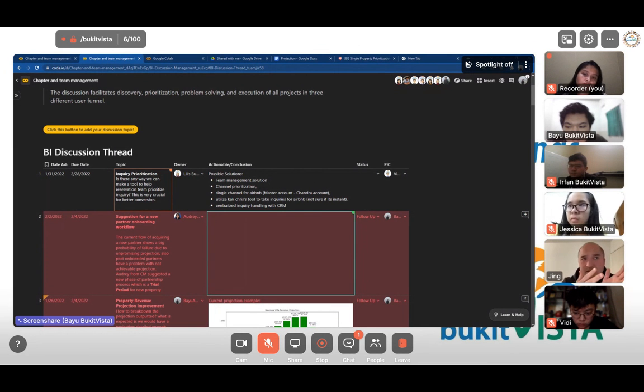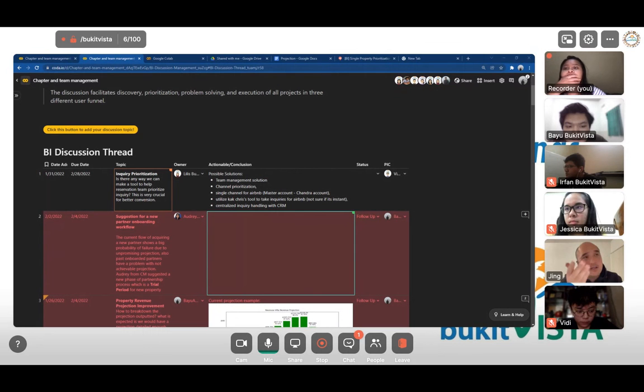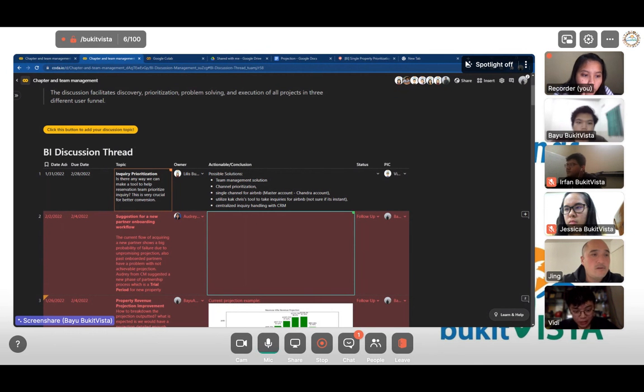So isn't the first option the best option at this point? Yep, that's what I thought as well. And the product development team also get their data from Chandra's account to compile all the data. So that's okay. Let's not reinvent a wheel then, if it's already functional there. Willis, does that solve your problem? Let's get the team to go through there as that becomes their dashboard for inquiry management.